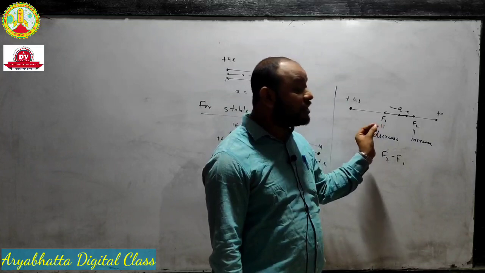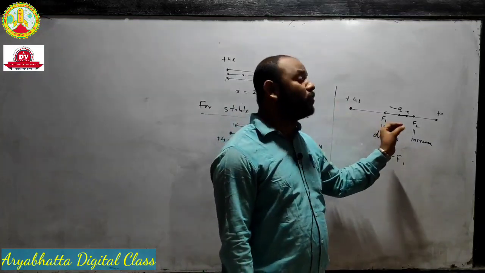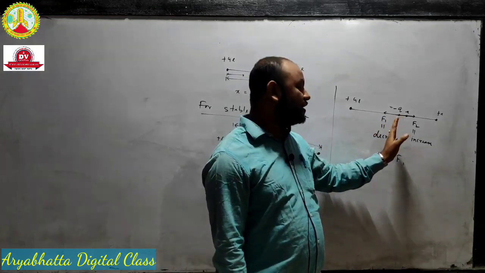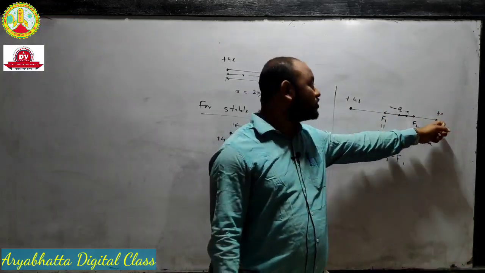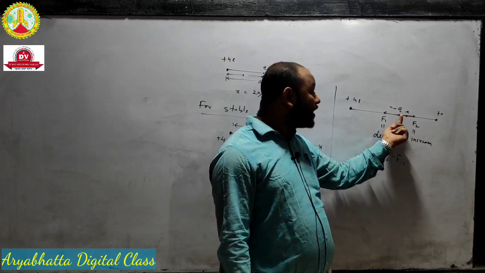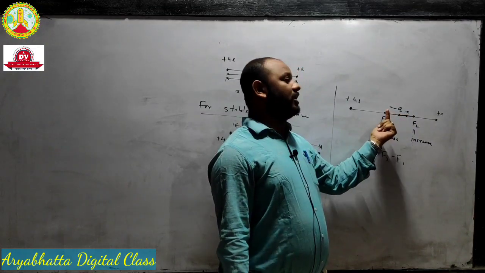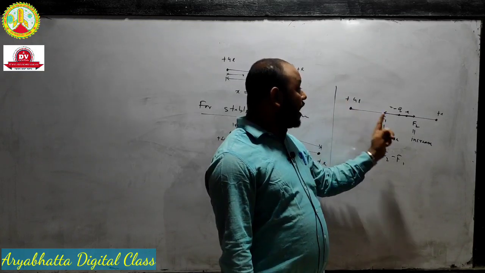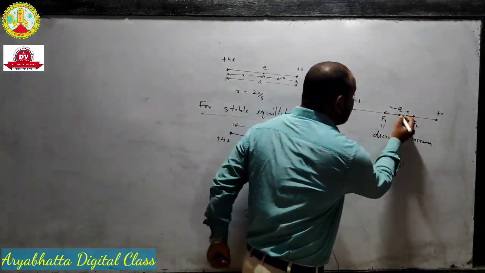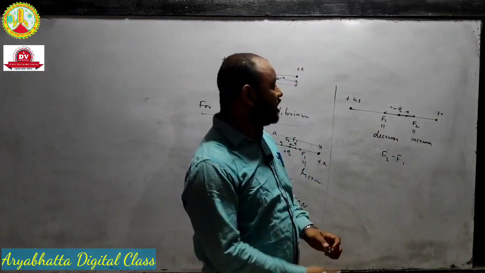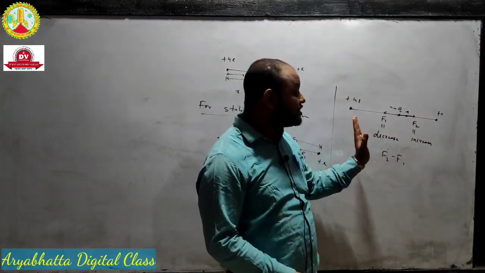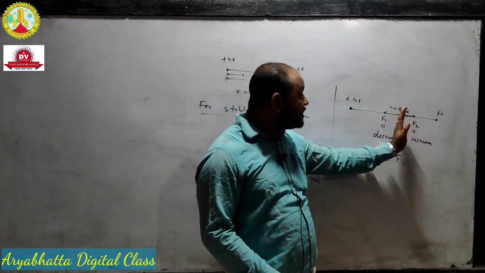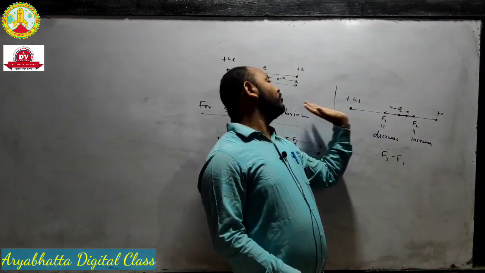That means if you take a negative charge between two positive charges and it is slightly displaced towards the right, it will move towards the right. If it is slightly moved towards the left, it will completely move towards plus 4E. Only this is the position where it may be in equilibrium. If slightly displaced towards the right, it will move right; if slightly displaced towards the left, it will completely move left.